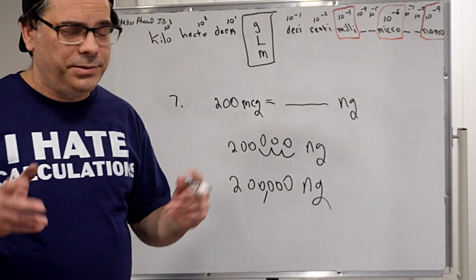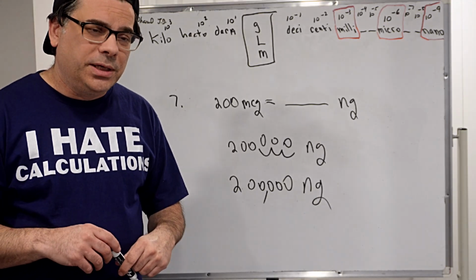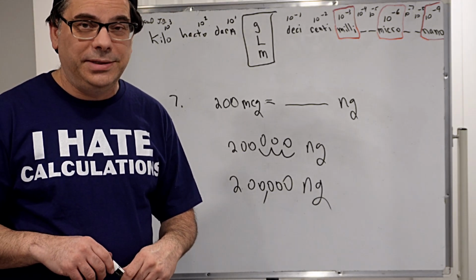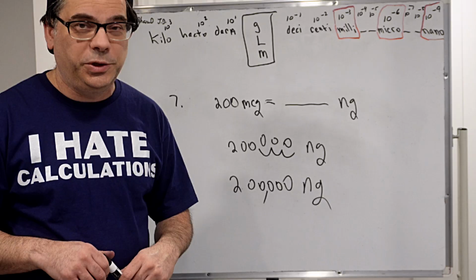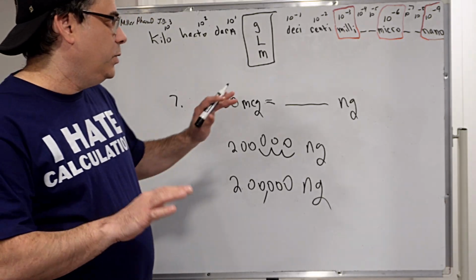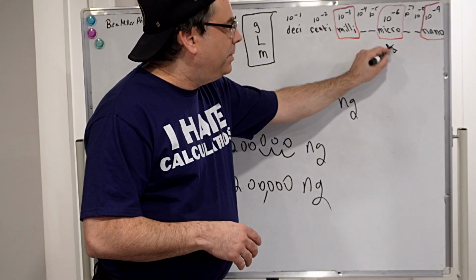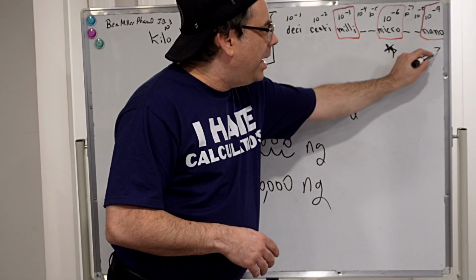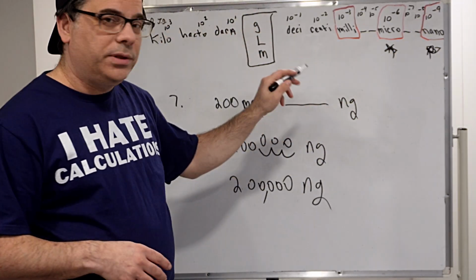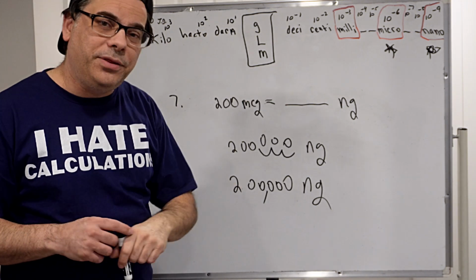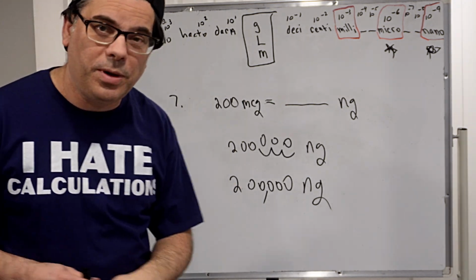All right, again, you're not going to see it so often, but I just want to give you a couple examples of nanograms in case you have a professor out there that hits you with a question. Again, all you have to do is know where you are and where you're going. In this question, we're at micrograms, 10 to the negative 6, and we're going to nanograms. So you have to just move it 3 spaces to the right. 6 to 9, 3 spaces. All right, question number 8